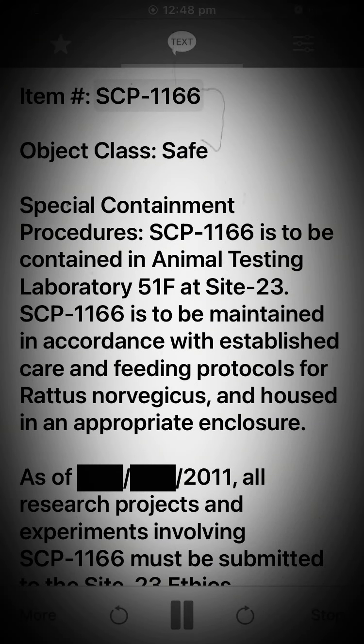Item: SCP-1166. Object Class: Safe. Special Containment Procedures: